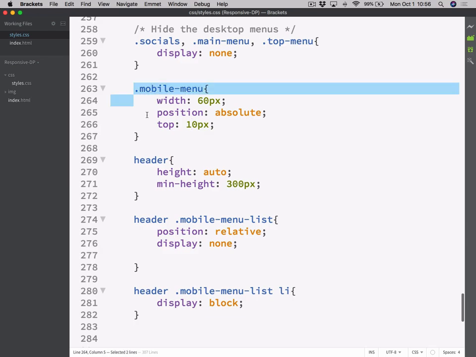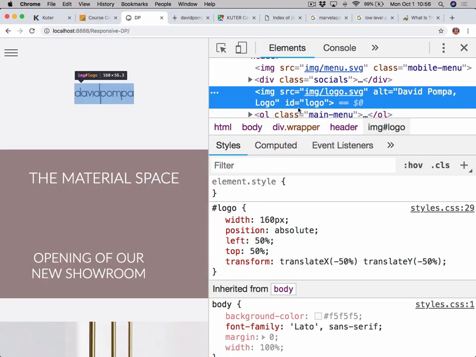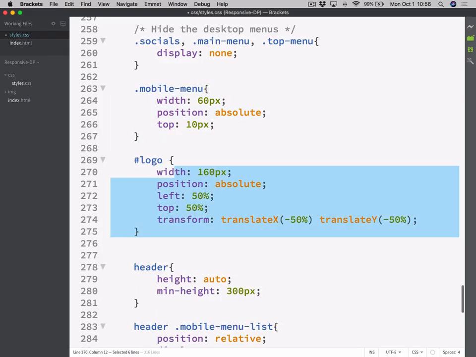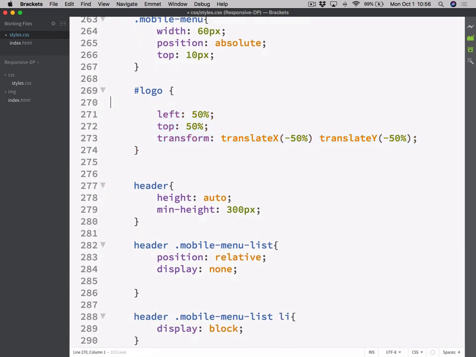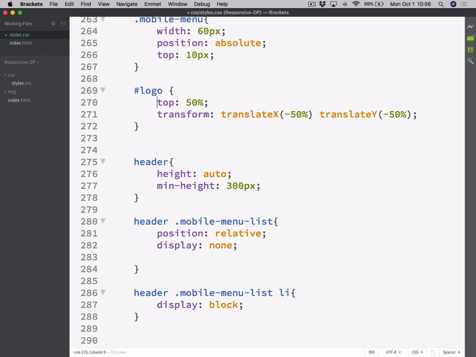And then we have the image as well that we want to change, right? So what's the name of that image? The image is called logo with an ID. So we want to change some of this. So let me just copy that and paste it here. The width should be the same, the position should be the same, so we don't want to change that. The left should be the same, right? We don't want to change that. We do want to change the top value, and we want to change the transform, because the transform should only be now